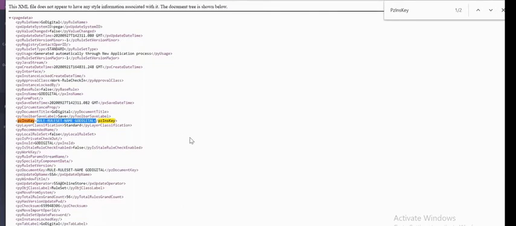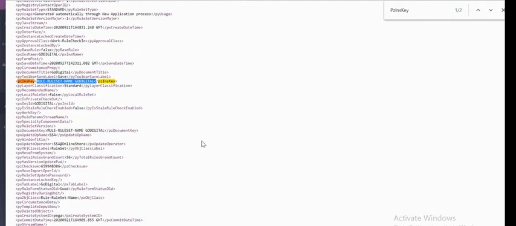So how do you know this particular rule set is locked? There would be a property called pyVersionSecure. Can you see pyVersionSecure? Search for that.